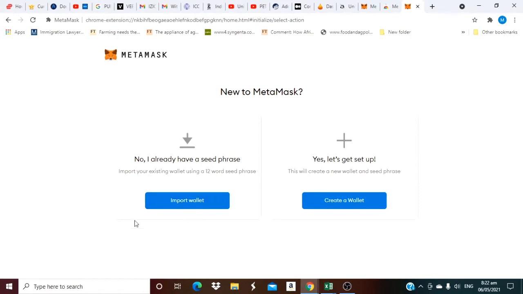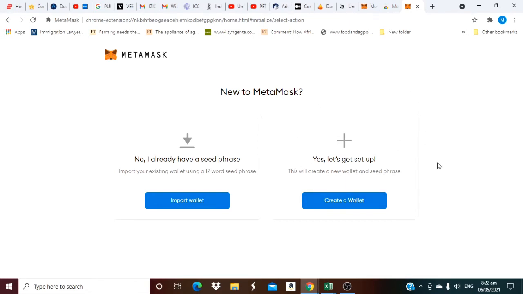For instance, I already have a MetaMask wallet, so I have a seed phrase. I just have to click here and enter the seed phrase to go back into my wallet.